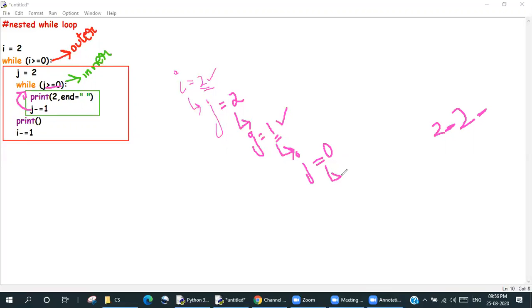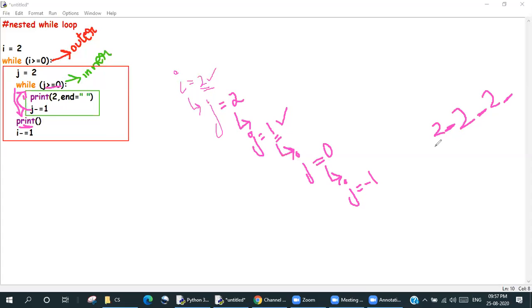So it will again go inside the second while loop this time. And again, it is going to print the number 2 with a space. All right, clear? And it is going to come out. And again, the value of j will become minus 1. Now it will again go up to the while loop and check. Now, this condition will become false. So it will not come true. That's when it will go outside the loop body and it is going to follow this statement.